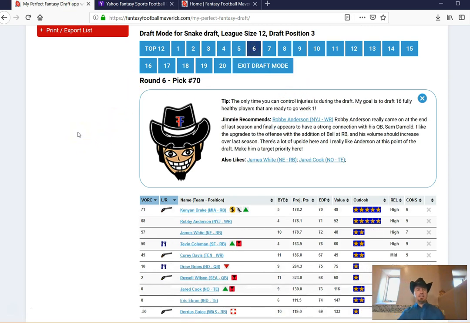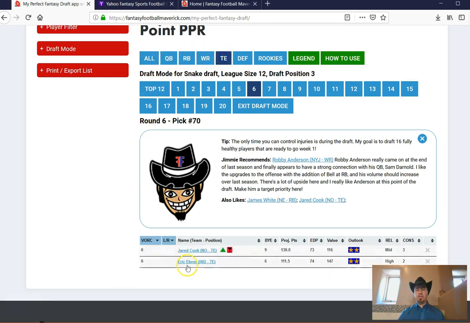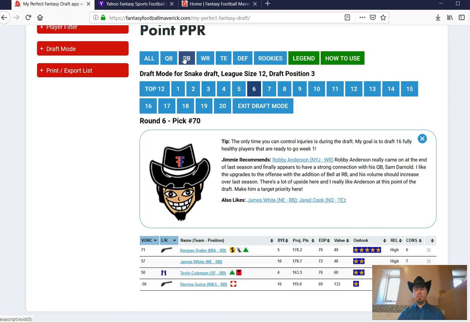Now, this is where I typically start to look at tight ends. And one thing you can do is you have position filters up here. So if I click on the tight end, we can see that Jared Cook and Eric Ebron should be available in the next round. They do not score well on my Vork score, though. They're both scoring at 0. So the good points completely offset the bad points. So I don't think I'm going to take a tight end at this point, but let's look at what running